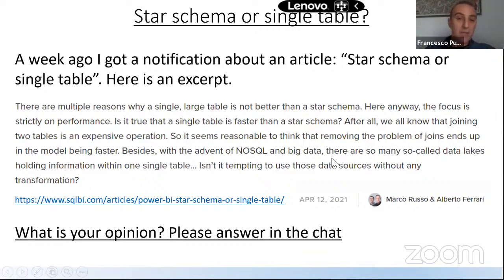Feel free. Be aware that I tend to be very interactive, and if you have a question while I'm speaking, I'm very happy if we are able to speak interactively. Star Schema, more flexibility. Yeah, that's one of the answers. So if you put the answers there, I hope I will read them at some point later.